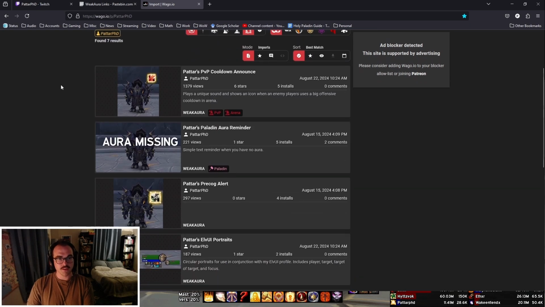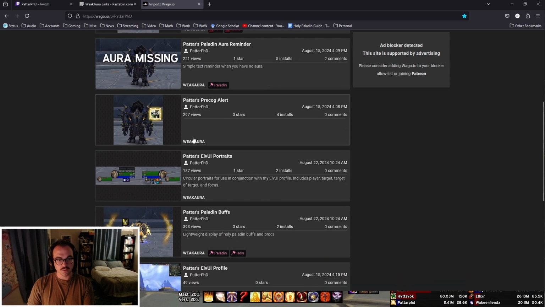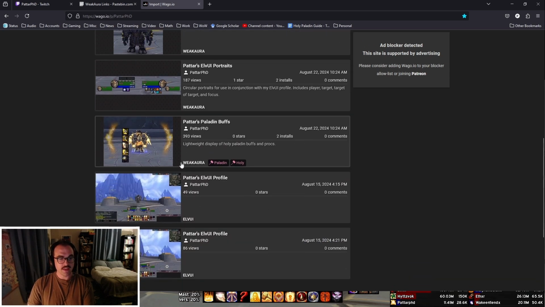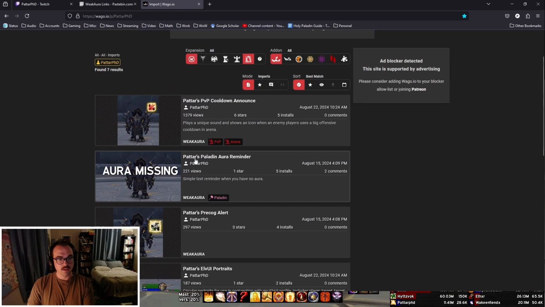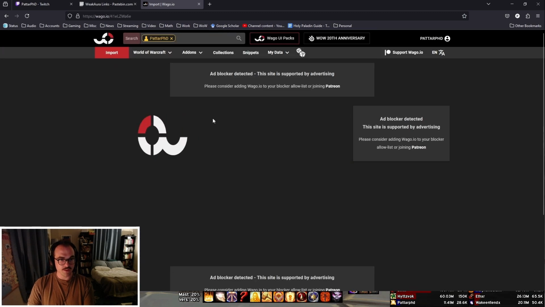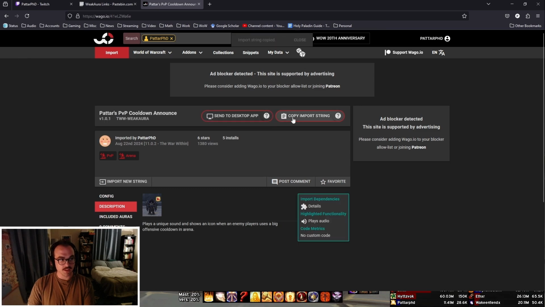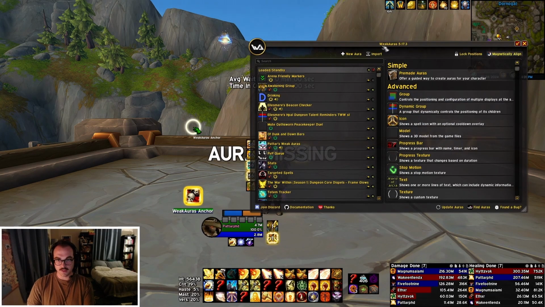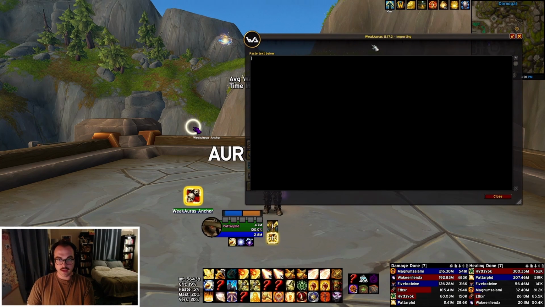And you can see all the ones that I talked about. We have PvP cooldown announce, aura reminder, precog alert, ElvUI portraits, and then the group of the paladin buffs. And then as another way to access my profile, you can get my ElvUI profile here as well. So if you wanted to say download this cooldown announce WeakAura, you just click into it, hit the copy WeakAura copy import string, go back to WoW, /weakauras or /WA to get to WeakAura, and then you just hit import